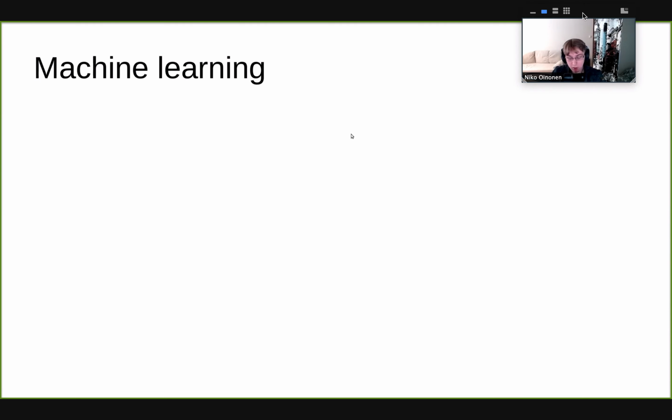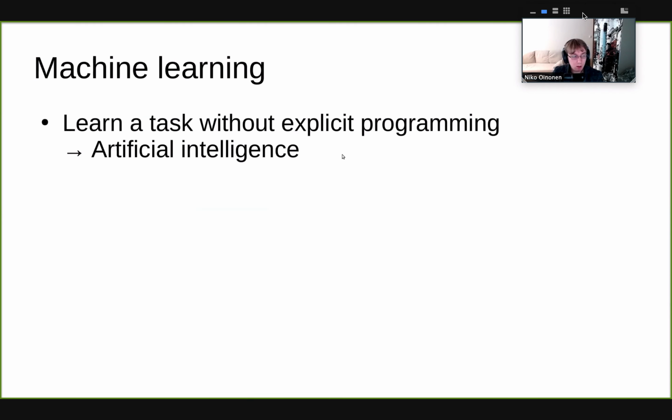Now for machine learning, what is actually machine learning? Well, there are many definitions, but in general, we are considering a case where we can write some program that could learn a task without explicitly telling it what the task is. So if we think of traditional programming, we are thinking in algorithmic terms: we get some data and then we hard code some set of steps